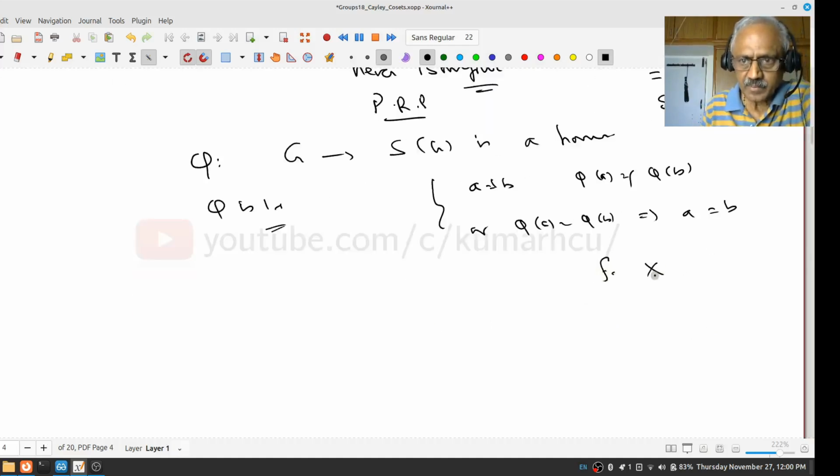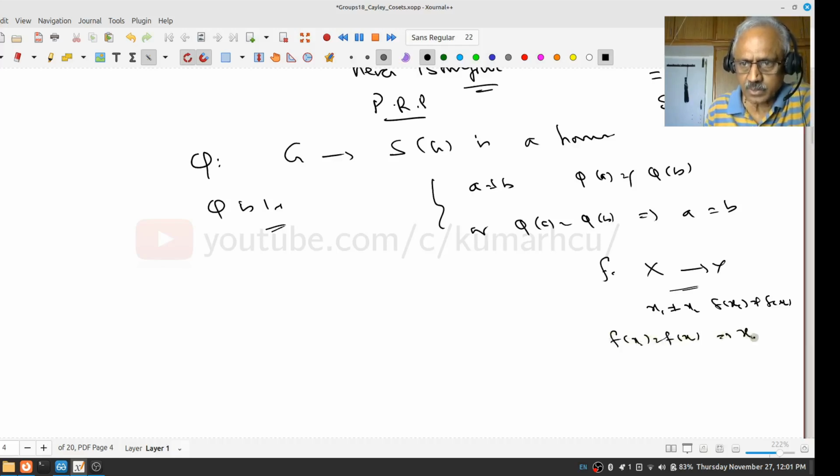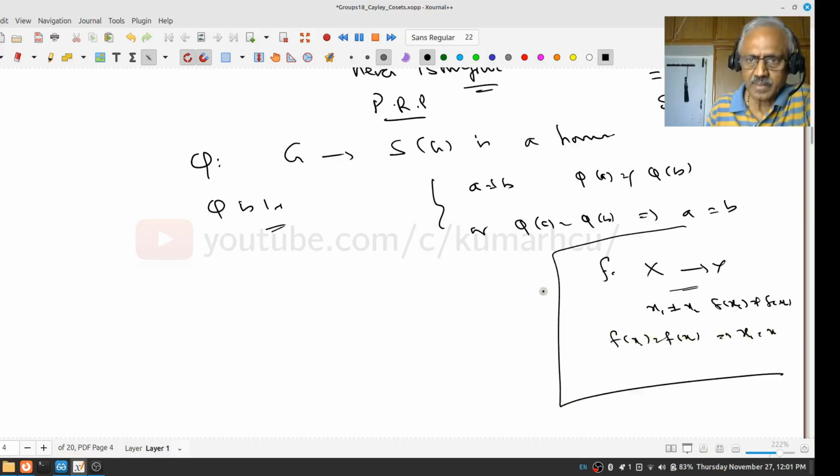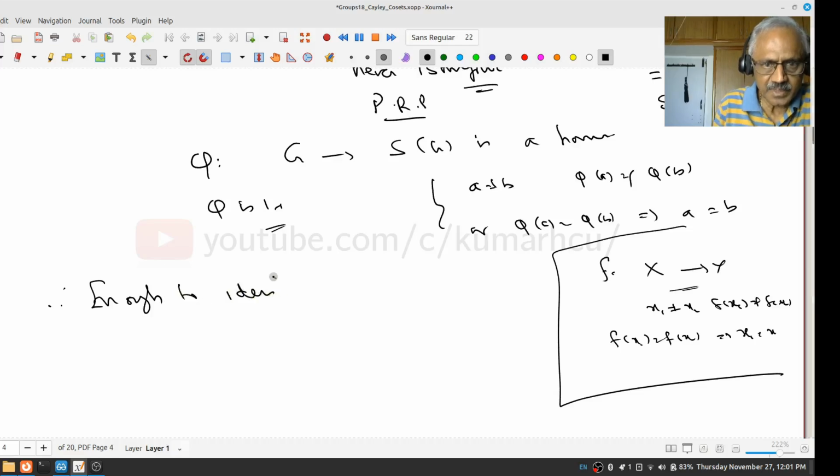For any map f from X to Y, this is 1-1 meaning if x1 is not equal to x2, f of x1 is not equal to f of x2, or if f of x1 equal to f of x2, that implies x1 equal to x2. These are the standard ways in set theory. But then remember, phi is not just a map, it is a group homomorphism. We have seen a group homomorphism is 1-1 if and only if the kernel is trivial. Do you remember that? We are going to use it. So enough to check the kernel,